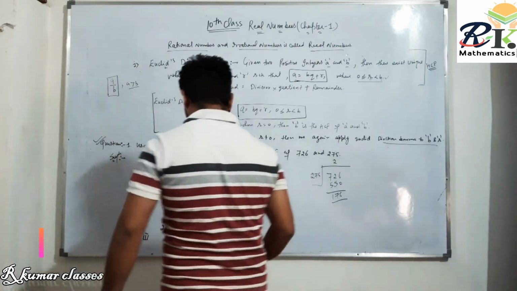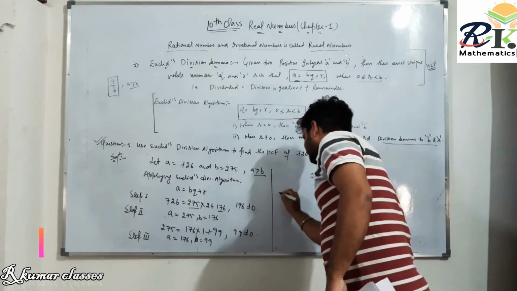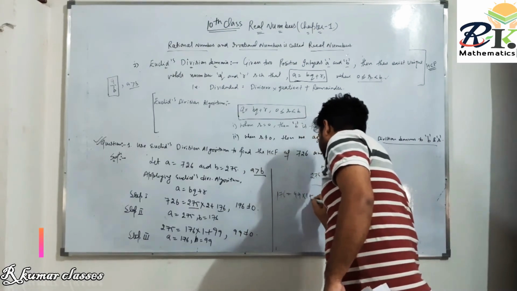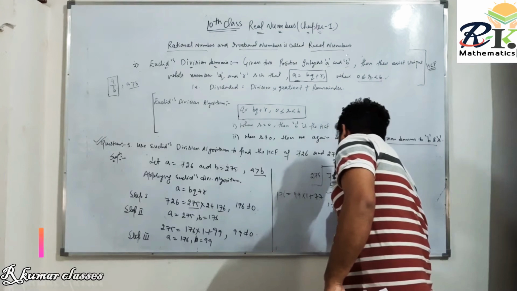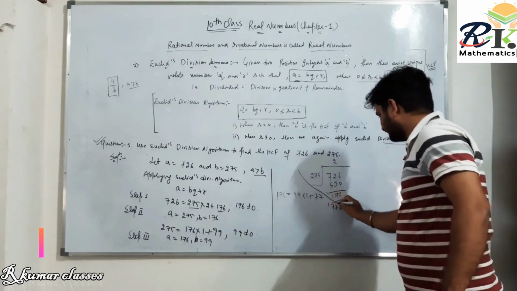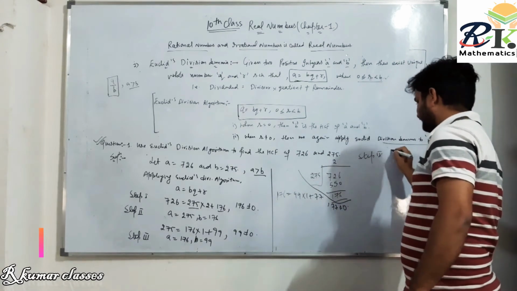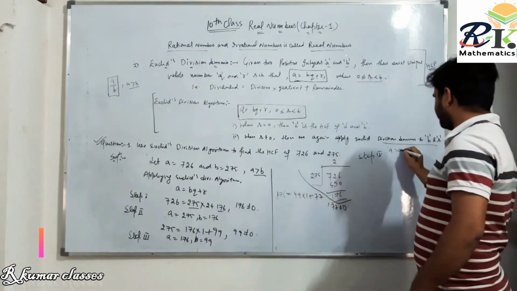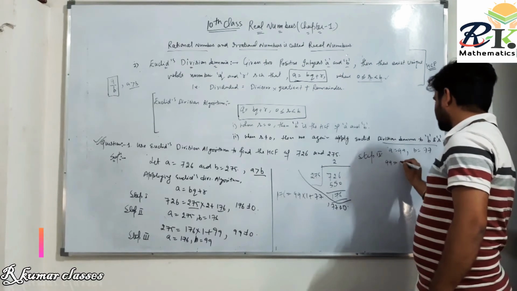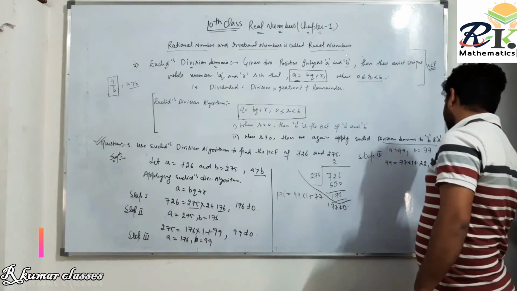I can write here. So again we divide, so 176 is equal to 99 into 1 plus 77. This 77 is the remainder, not 0. So again we apply this lemma in step 4. In step 4 we are taking a is equal to 99, this divisor, and b is 77. So 99 is equal to 77 into 1 plus 22 is the remainder. This 22 is not 0.